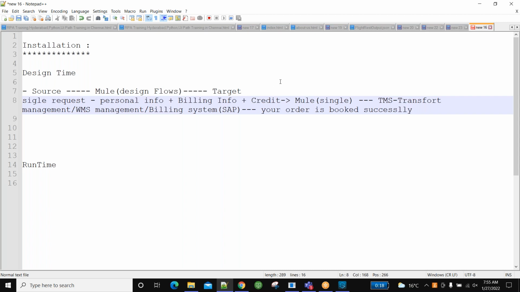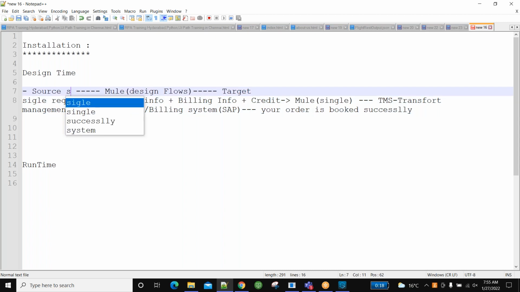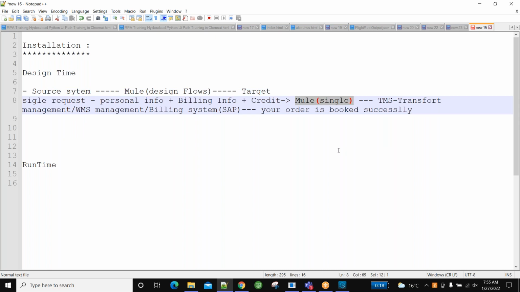So that means Mule has to sit in between. For the source system, it is only a single request. They will not bother; whatever junk they want to send, they will send it to the middleware, which is Mule. It is completely our requirement what to send to which system.